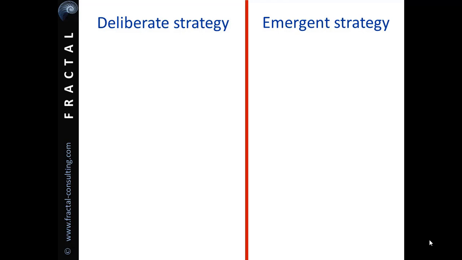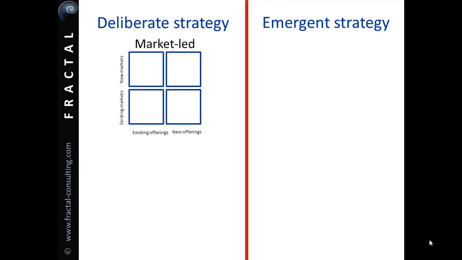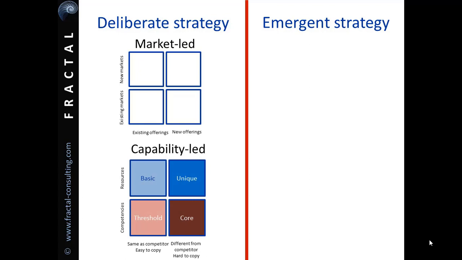Within deliberate or conventional strategy, there are two major viewpoints from which strategy is developed. Some approaches take a market-based view, choosing where to play, which markets with which products, depending on which markets and segments look financially attractive, and that's generally called an outside-in approach. Or there are inside-out approaches which start from the inside, looking at what the organisation is good at, its capabilities. And once those capabilities are clear, the approach is to look for market opportunities where your core capabilities will be